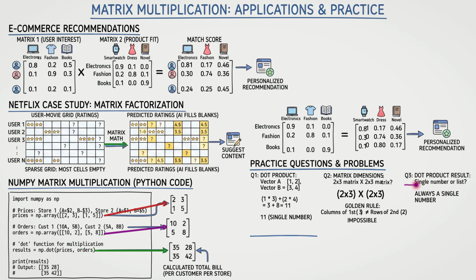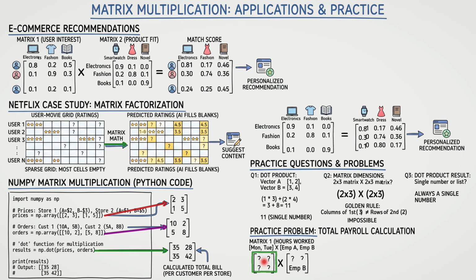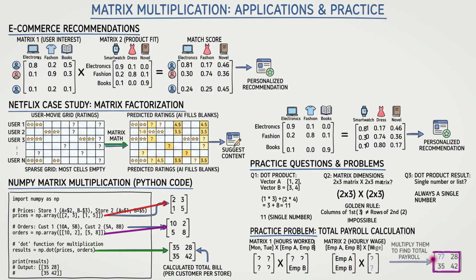Third, in a dot product, do you end up with a list or a single number? As we just saw, the answer is always a single number. Finally, try this practice problem on your own later. You can create a matrix of hours worked and multiply it by a matrix of hourly wages to easily compute the total payroll for multiple employees at once. Matrix multiplication is not just abstract math. It is the fundamental engine that summarizes complex grids of data into actionable insights across all modern